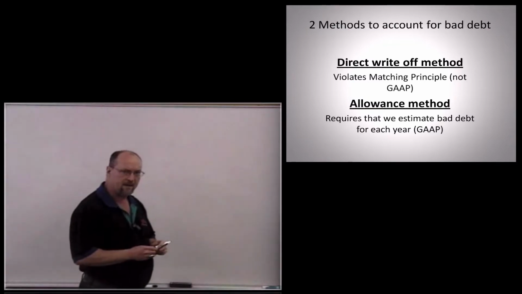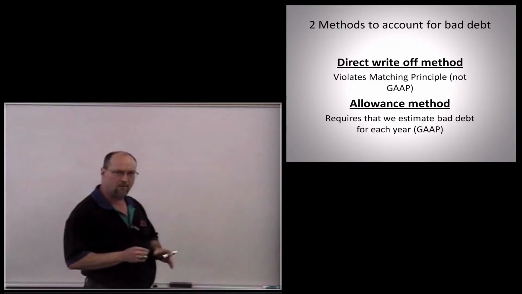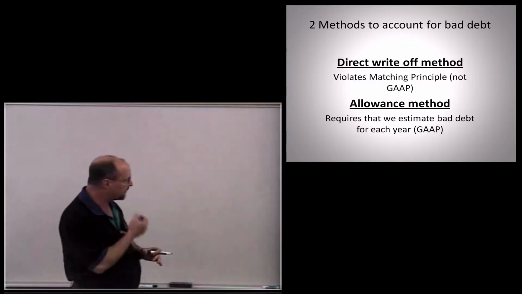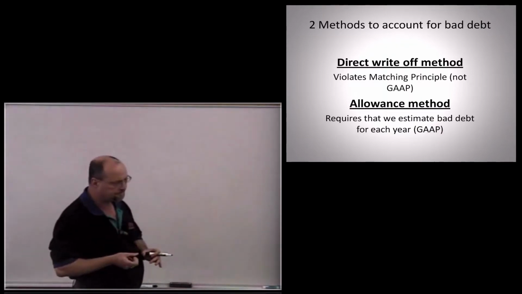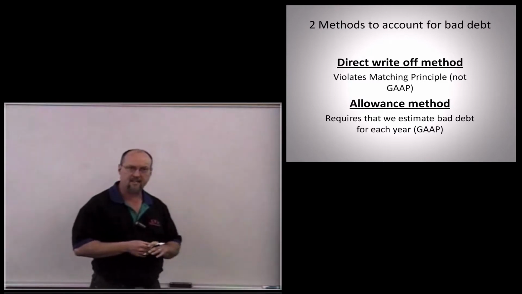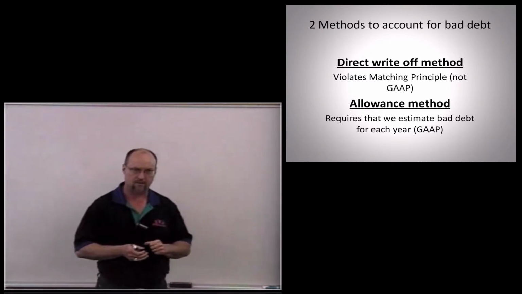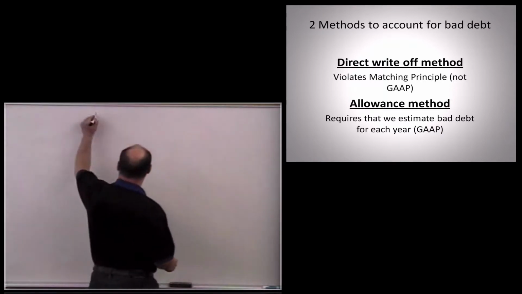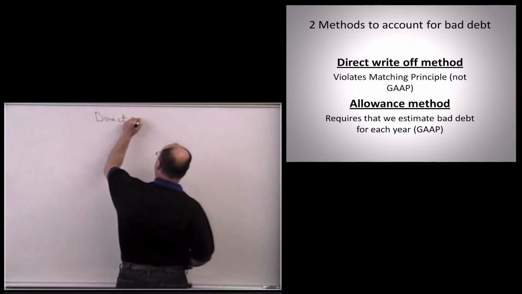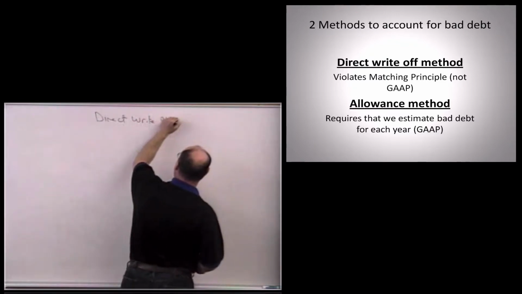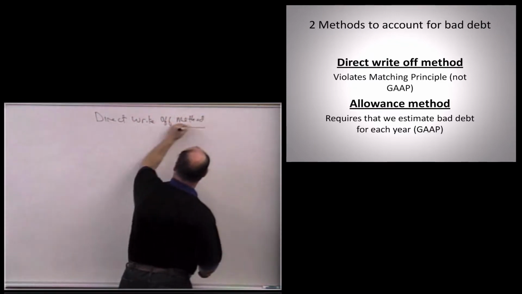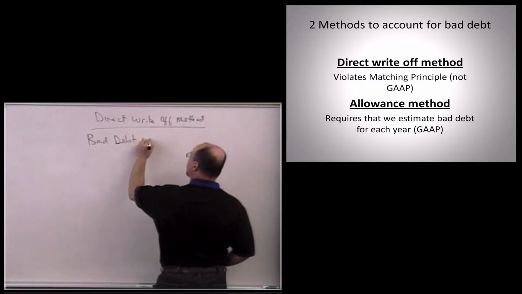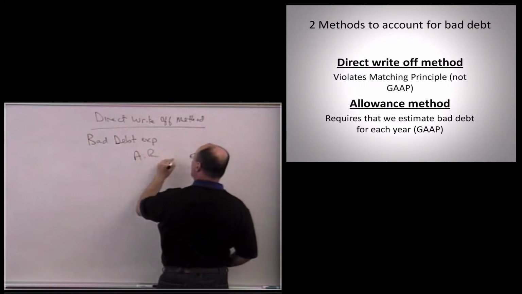The direct write-off method, which GAAP doesn't really allow unless you've got very small or immaterial amounts of accounts receivable, basically says that when we specifically identify an actual account that is uncollectible, then under the direct write-off method